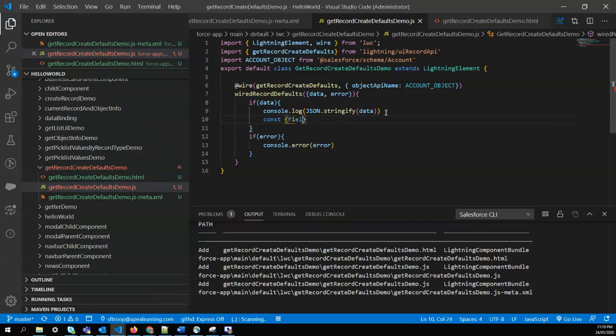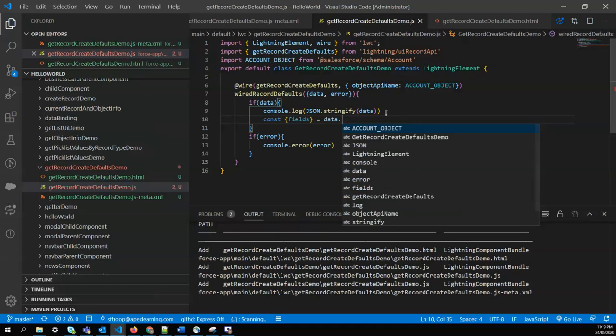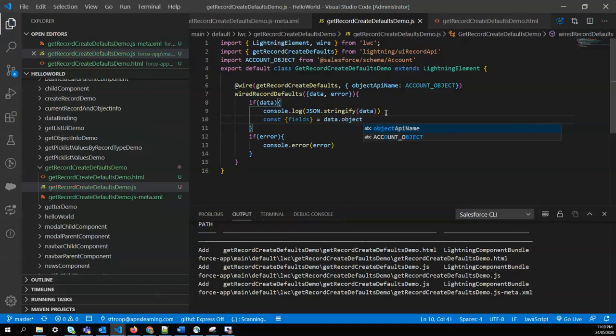For that we're going to use destructuring, given by ES6, the latest JavaScript. So we're going to pull out the fields from data.objectInfos.account. We are pulling all the fields from data.objectInfos.account, and